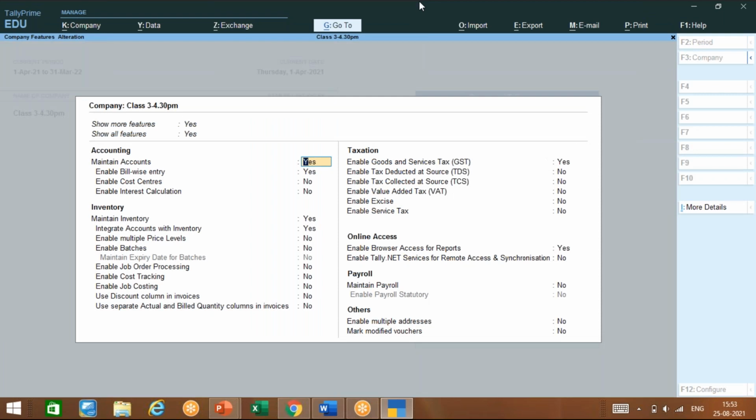F11 is for company features. Automatically I will get the features which I want to change or activate. If you want some apps, you go to the app store. This is also something like that: whichever option I want in my Gateway of Tally, in my main screen, I put some of the features here. So these are the company features, and this is for the whole company. But